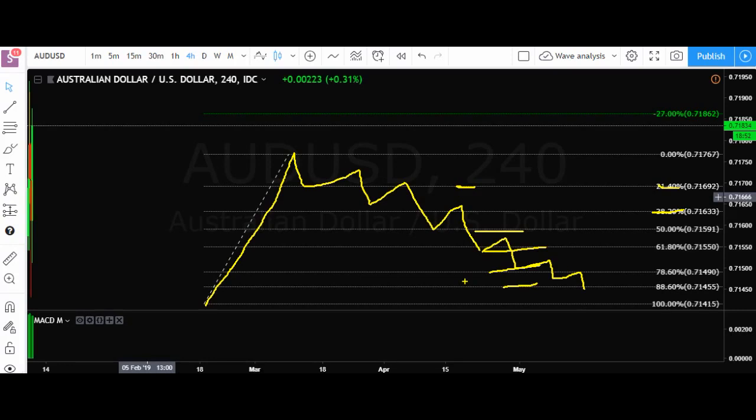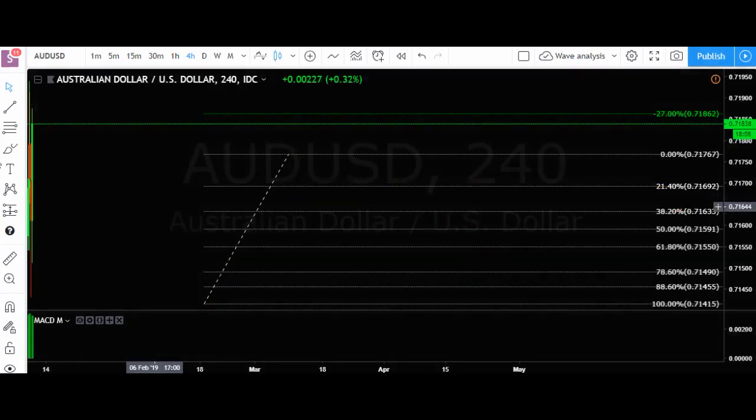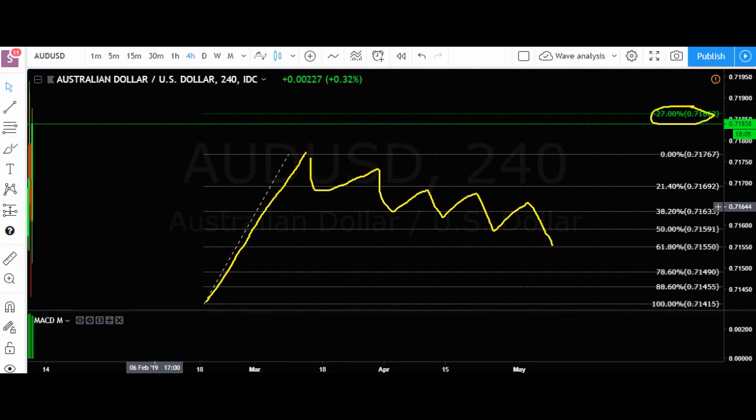So what we use the Fibonacci for is actually not the pullbacks. I mean, it is nice to know to see to where the markets do pull back, but why we do use the Fibonacci is to calculate our profit targets. And for our profit targets, we will always work out our risk to reward and calculate our profit target to the 27% extension. So what that means is,